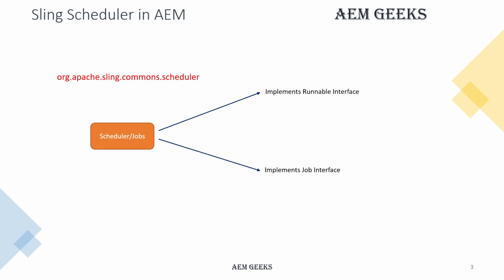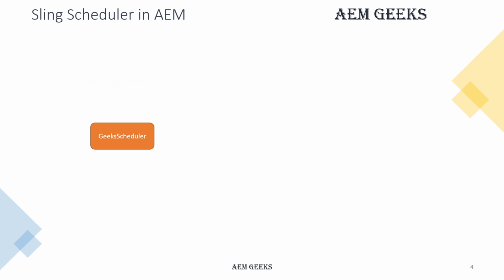You can give options to the scheduler either using the scheduler options or whiteboard patterns. I'll talk about the scheduler options. Whiteboard patterns are completely out of the scope of this tutorial. Most of the concepts I'll cover in the demo.